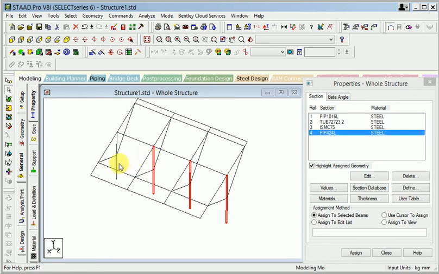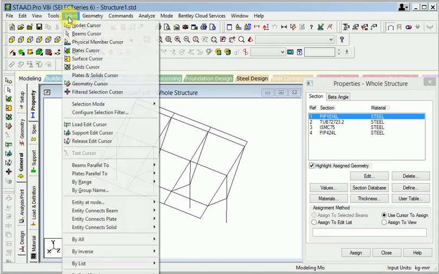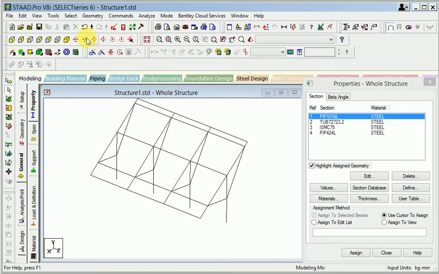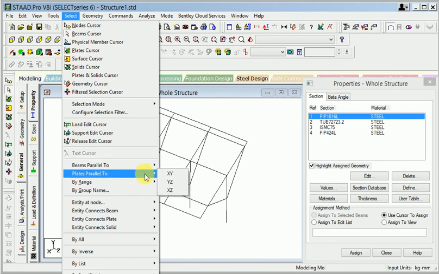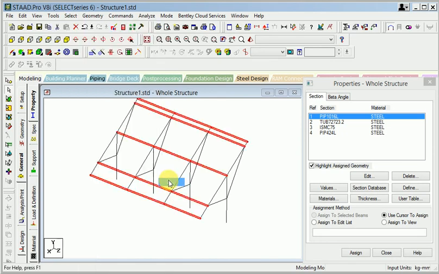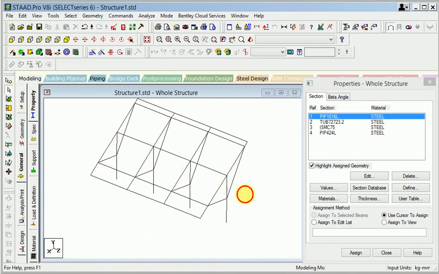So here the section database has been selected, and I select this whole diagram. So let's select and go to pipe. This is pipe selection, and I will go to right here, and this one is vertical. This is the purlin right now, and I select ISMC and select this one in X direction.